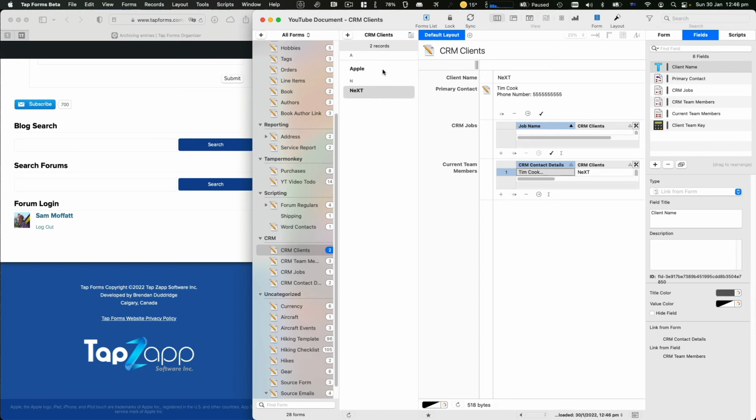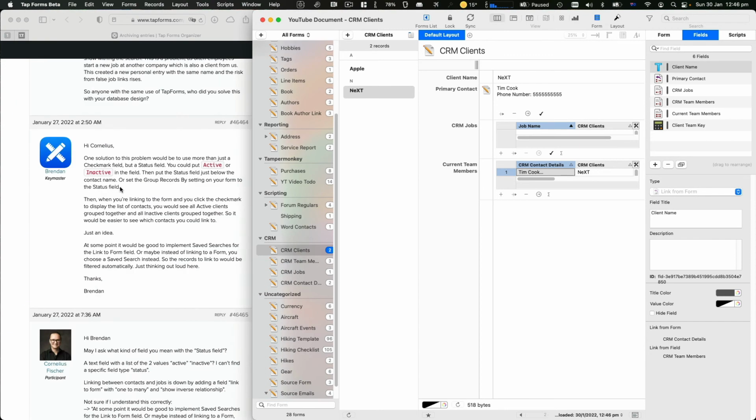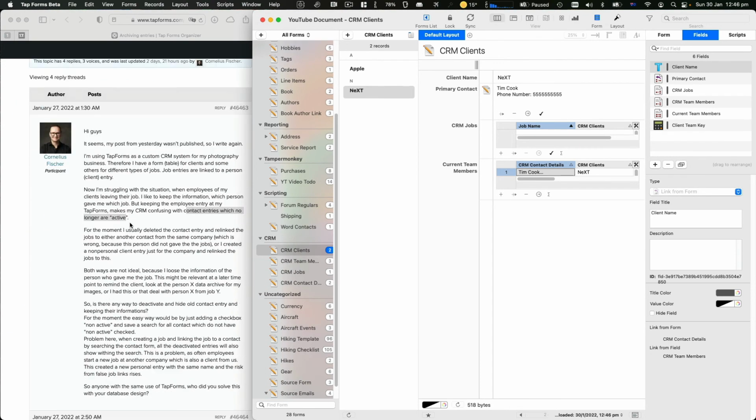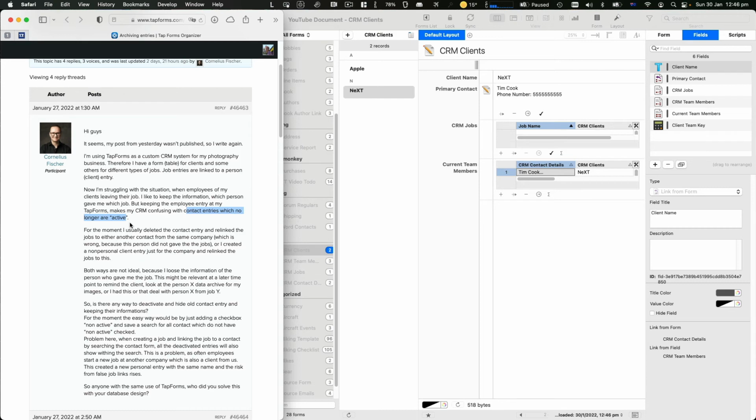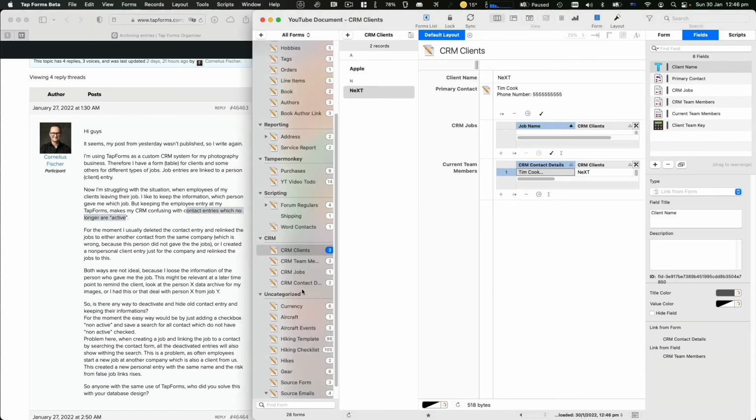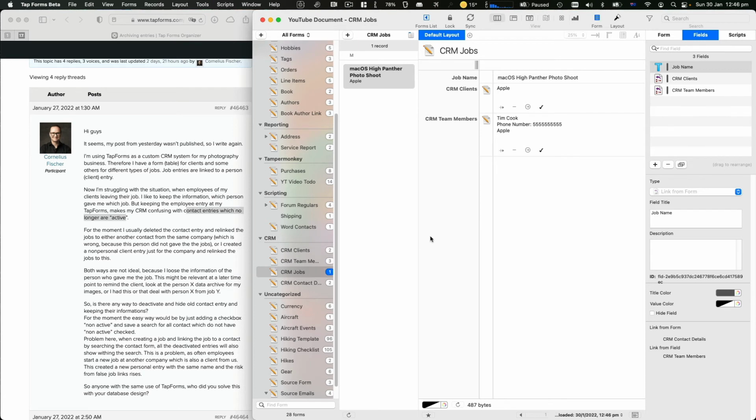Now, this is, I grant you, a little clunky. Perhaps, with some scripting, you could go in and look at this. But that's how we can solve some of this sort of no longer active, somebody who's at multiple companies, and then go from there. Now, the only problem with this is